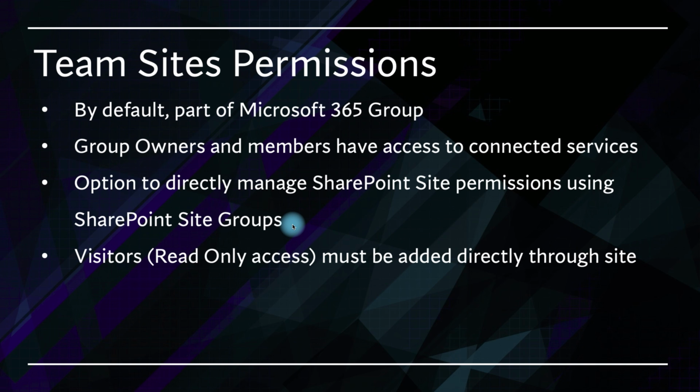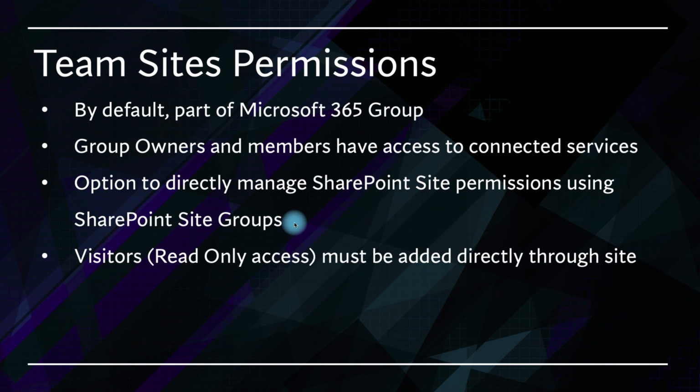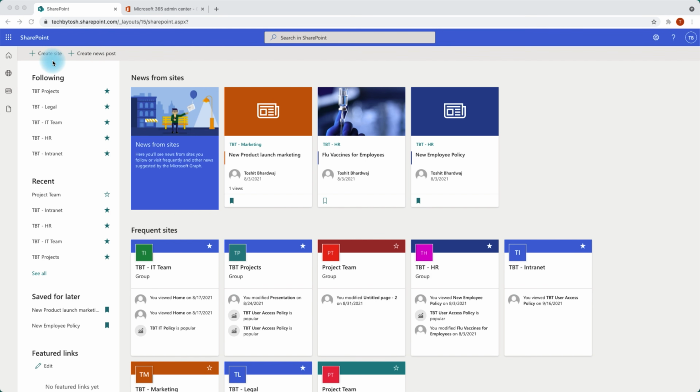So by default, when you create a team site, it doesn't create any visitors. All it does is create group owners and members. And whoever is part of this 365 group basically has edit or modify access or higher. So there is no read-only access within team sites by default. But you can create SharePoint site groups or add read-only visitors to your SharePoint site groups or to the site directly. So let's have a look by creating a team site in SharePoint Online and what actually happens behind